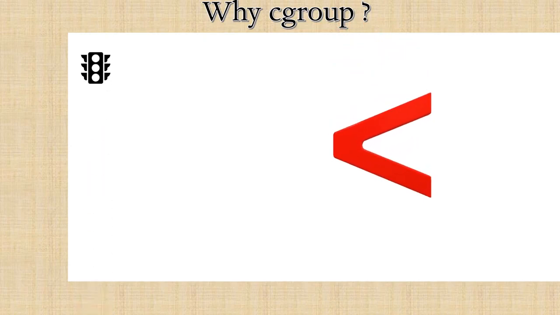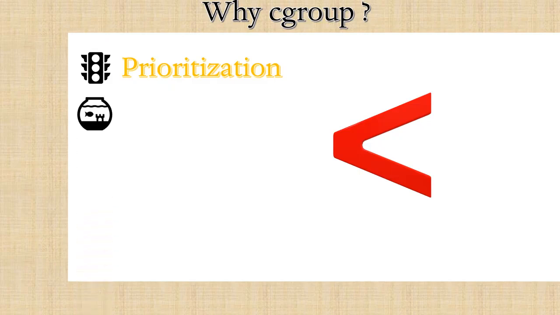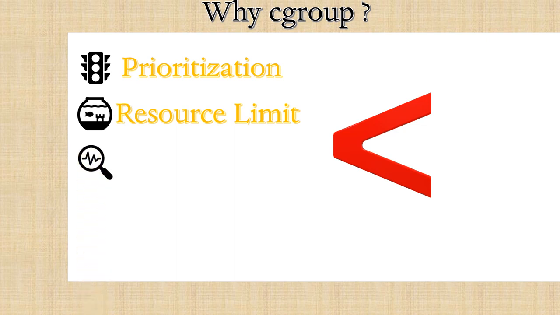Okay, cgroup is used to prioritize, meaning which process has to be scheduled first and how much memory it can take. That prioritization or scheduling is controlled by cgroup. Next is limitation: what is the resource limitation, what is the process limitation? Everything we can control with cgroup. Next is monitoring. What all can you monitor? You can put different process IDs to be monitored, and that is nothing but accounting. That also is done by cgroup.